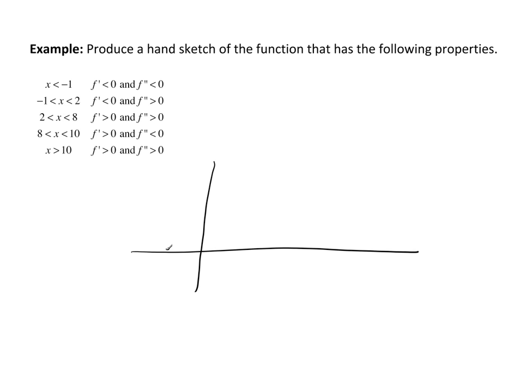for x less than -1? Well, the first derivative is negative. That means I'm decreasing. But the second derivative is negative, so that means I must be concave down. So I'm concave down and decreasing up to x equals -1. Now, from -1 to 2,